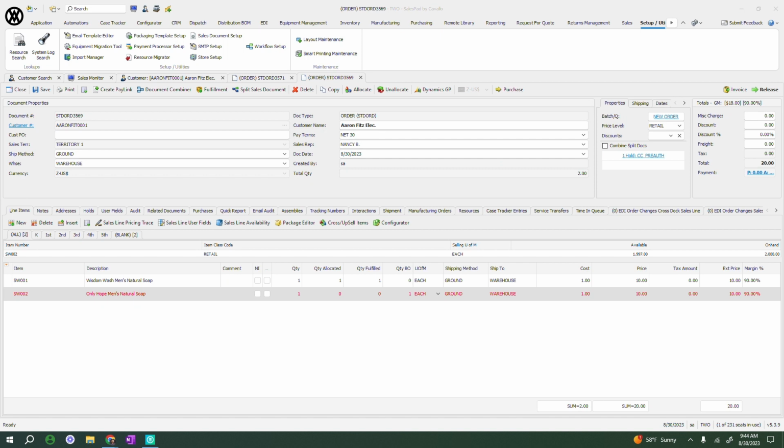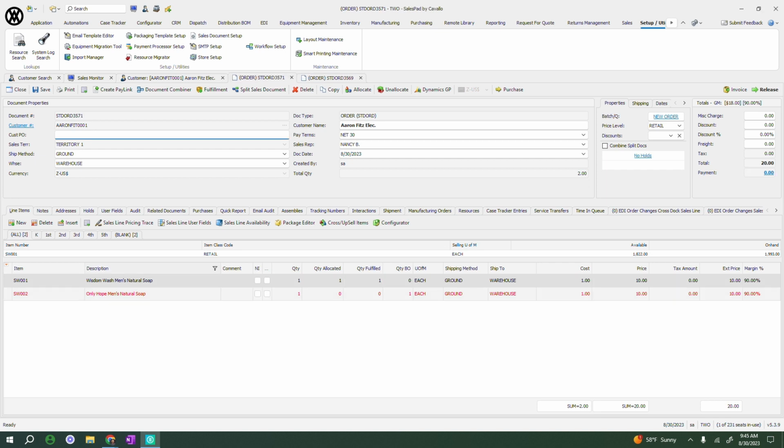Producing a quick video here to show the payment splitting functionality on an order for both payments and authorizations. First of all, I'm going to start on an order where there's an in-stock item and a back-ordered item shown in red. I'm going to release this order to trigger the split to occur and show what happens with that